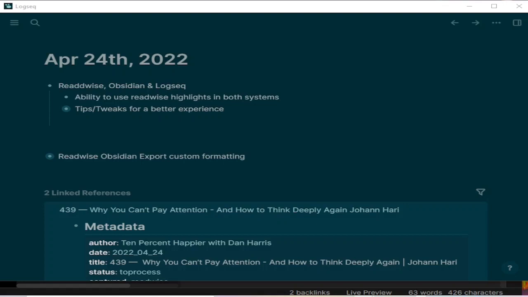Today I want to talk a bit about how to use Readwise effectively both in Obsidian and Logseq. As you may know, Logseq Readwise integration is about to arrive. Readwise is working on it. But until the official Logseq Readwise plugin is launched, I think updating your graph through Obsidian is the best way